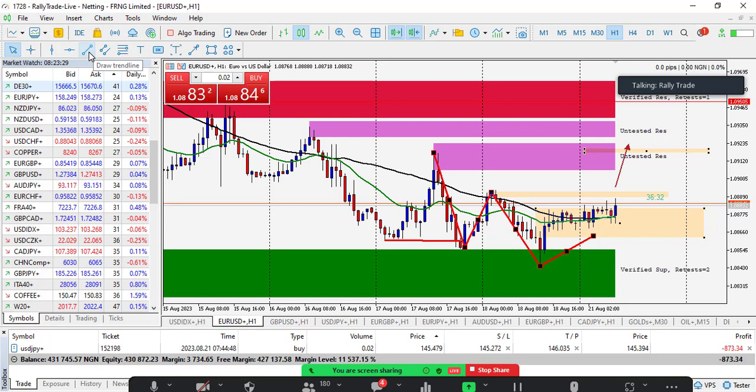I'll be using a tight stop loss for that because there is wisdom in using a small stop loss, so as to increase your risk to return ratio, right? And if you have a good risk to return ratio, even if your win rate is 50 to 50, that is a 50% win rate, you will still be in profit. That means anytime you win, you make more than you lose anytime the price hits your stop loss. So that's the wisdom behind using a small or a tight stop loss.